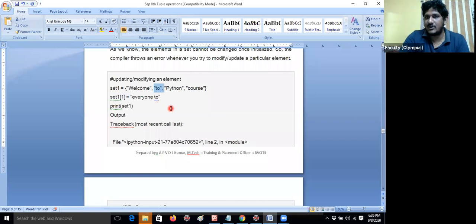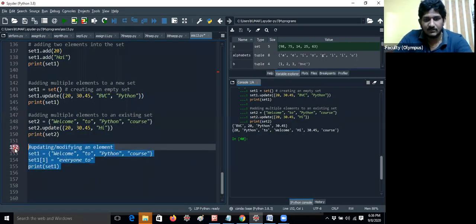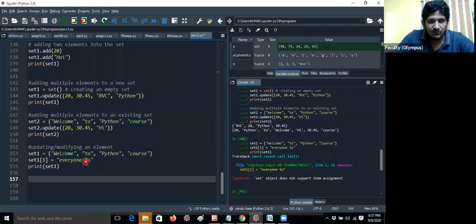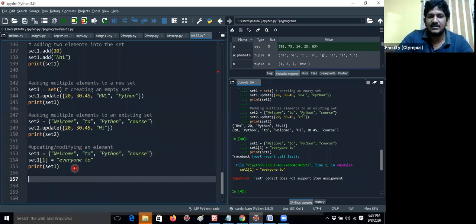We cannot predict, because even the output comes in a different way, guys. So how could I know whether it is index 1 or 2? If you give it like this, it will get an error. Let me give an example now. Now I'm getting an error because here set1 of 1 equals everyone 2. Instead of 2, I would like to add everyone 2. But this does not belong to one index, because there is no proper index in the set.